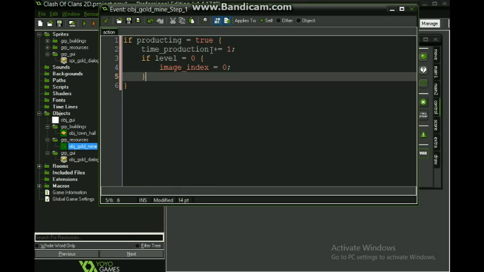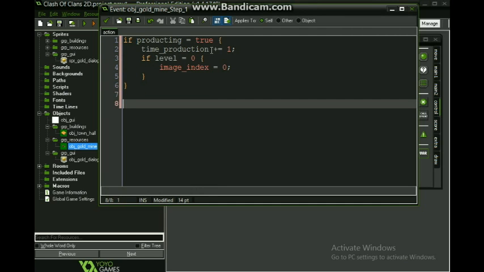So right there. Now, the approximate time of the gold mine at level 1, because I think the max storage capacity is 500, is every 1 gold 18 seconds, I think. But I don't have any code so that even offline the gold mine keeps producing, so we should make this fair.